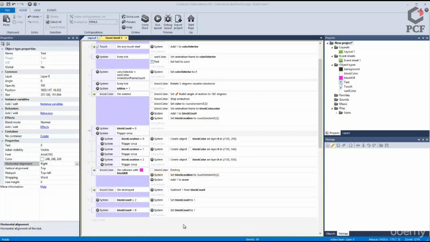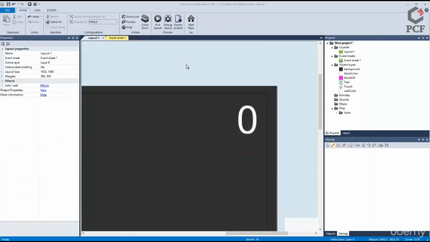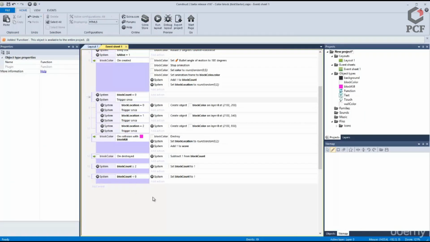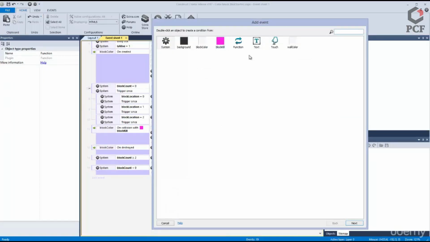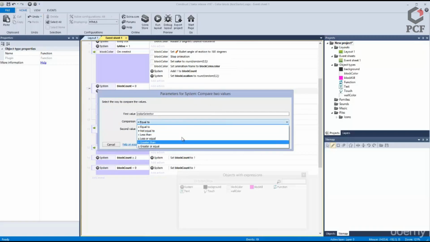Next thing we need to do is set in the game logic here. So what we're going to do is, first of all, add in a function. And a function is kind of like a place to put your code. It can also do work for you by passing in variables. In this case here, we're going to say system compare two values. And the value, of course, is if, for example, the wall, and I believe its color selector, is not equal to,